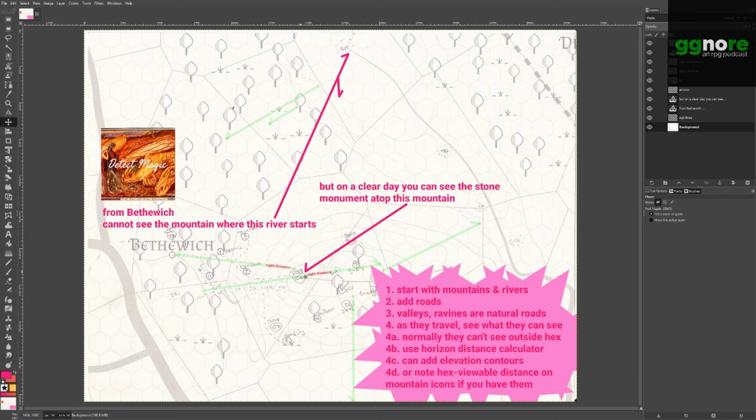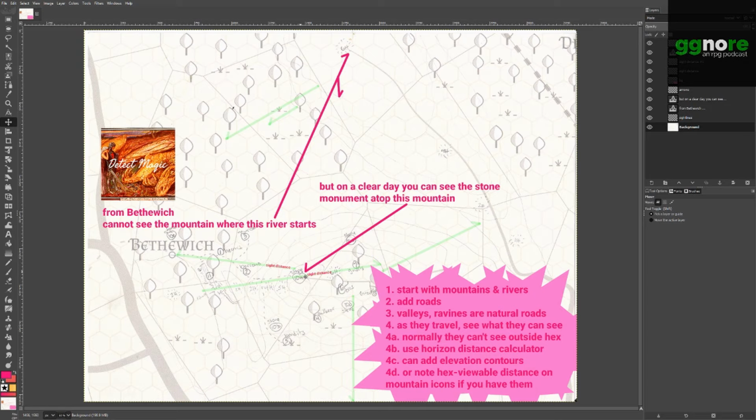Also going forward, when I generate my maps, I'm going to make sure that mountains are on them already because they're so important. And then on the mountain peak, on the icon that's generated on your map or that you create from scratch, just put how many hexes away that peak can be seen. Then you can assume that unless the mountain has a weird shape to it, if they can see the peak, they know the mountain. That's the first thing they'll see. So you don't have to worry about how far away they can see the foothills. You can just do some approximate math and figure out when the foothills become visible, if that's even important, because what's important for navigation purposes is the peak.